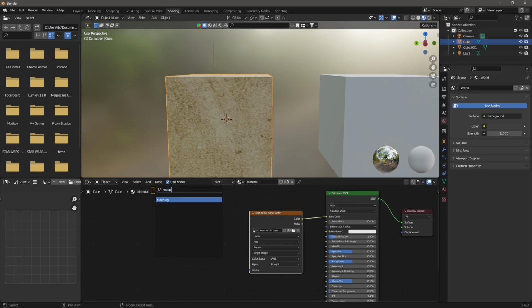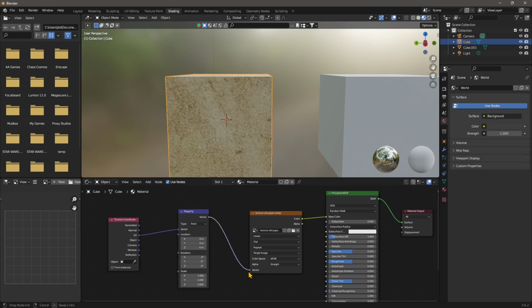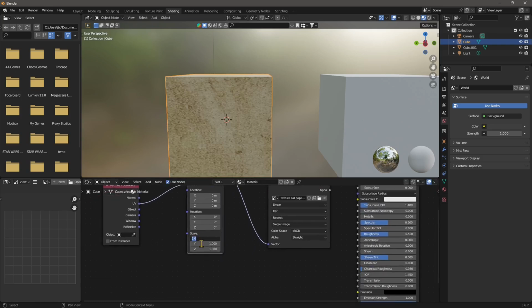Let's search for Mapping, and that's the first one. And then we need to search for Texture Coordinate, and that's the second one. So we link the UV into the vector, and then the vector output into the vector input in the texture node. And what we want to do now to increase the repetition, or increase the tiling, is to set